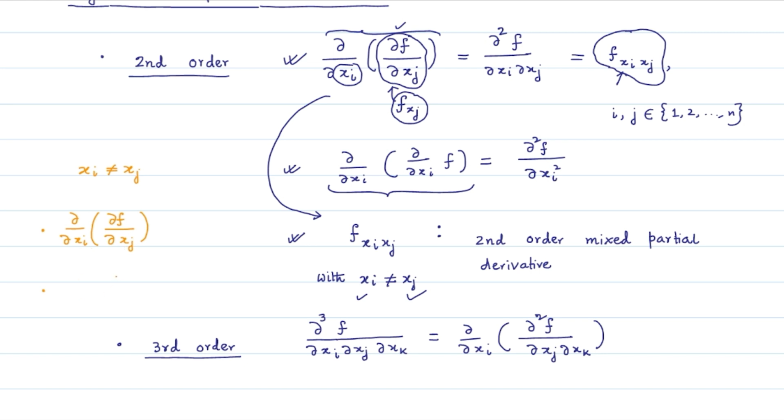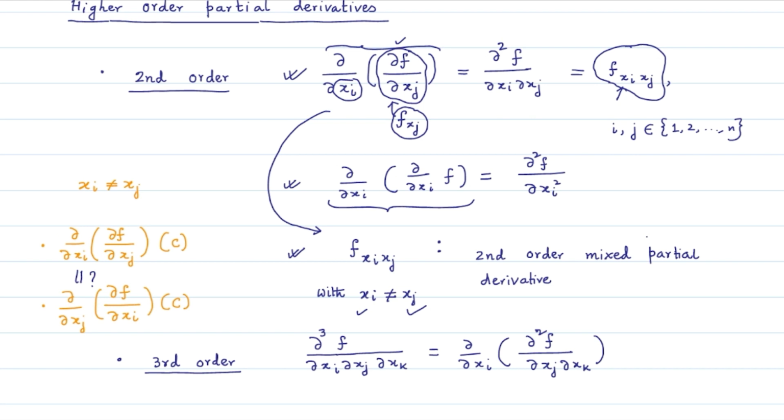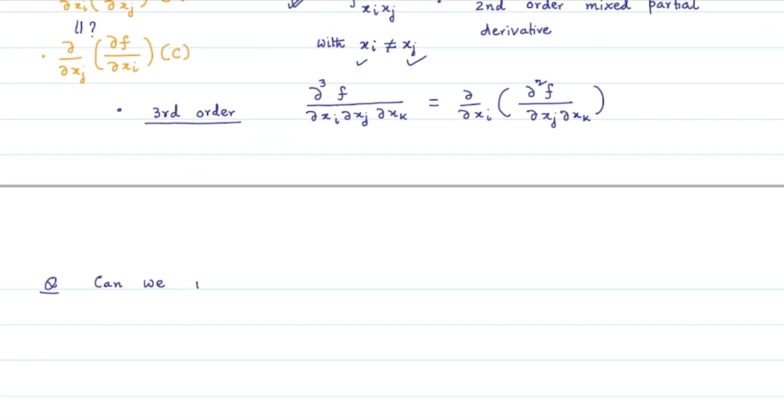That is, we calculate the partial derivative of f with respect to xi first and then with respect to the variable xj. Now my question is, at a given point, say C, are these two mixed partial derivatives equal? That means the question is, can we always interchange the order of the variables xi and xj while taking the